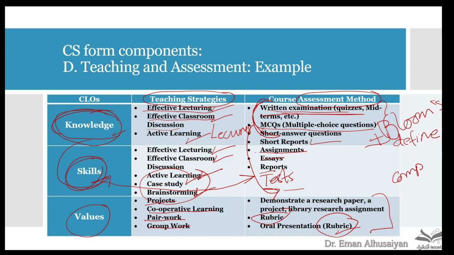If you assign your students to do something, for example, for English club, and you go and attend their presentation, this is an excellent chance for you to assess their values using your own rubric. So this is the only CLO that you can measure even without the traditional ways, even outside your course. Your students might show a sense of leadership, cooperation, for example, being initiative outside the classroom, in extracurricular